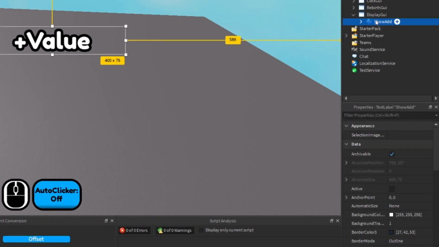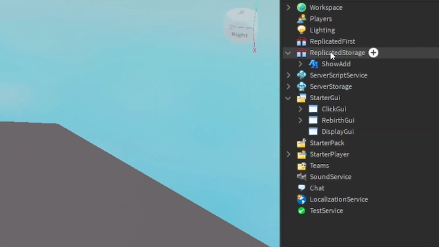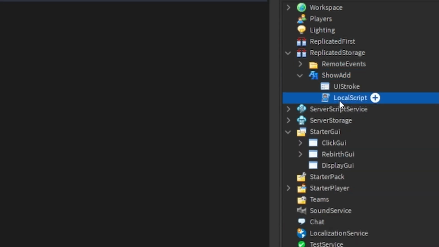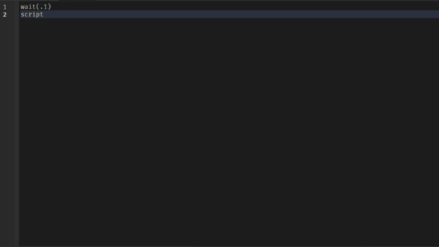Okay, so now you want to drag the ShowAdd into the ReplicatedStorage so we can get it out of there. Okay, so you can clone it later on. Now we wanna focus on animation on the ShowAdd. So insert a local script, call it animation, scroll in a bit, let's scroll in more, and in the animation you can do wait 0.1. Okay, so we wanna wait 0.1 seconds. script.Parent, which is the ShowAdd,